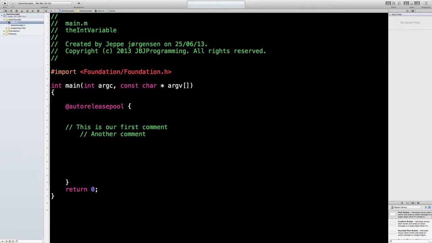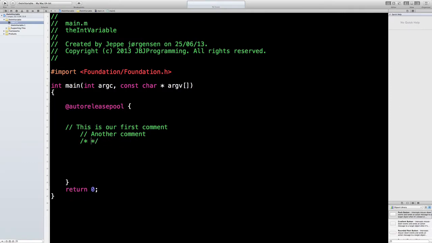But there's actually another way, because say you want to make a big chunk of comments, you can do that by making a forward slash and then the asterisk sign here, the star. And then you can see that this down here actually turned green. Well, that's because this here will actually turn everything into comments between the starting one and the closing one. So see, we write blah blah blah, and that. There we go. Everything between this and this here will be written in green,